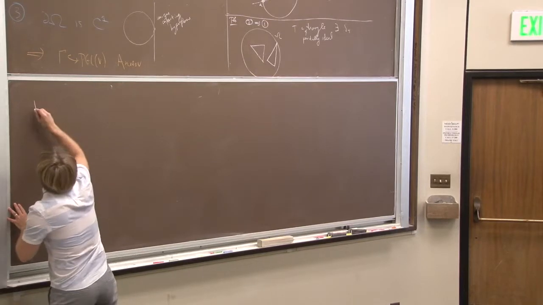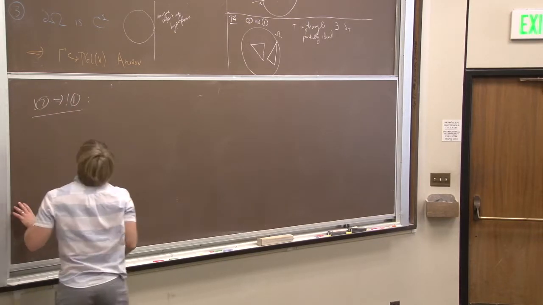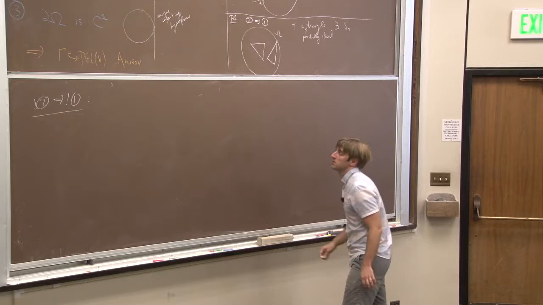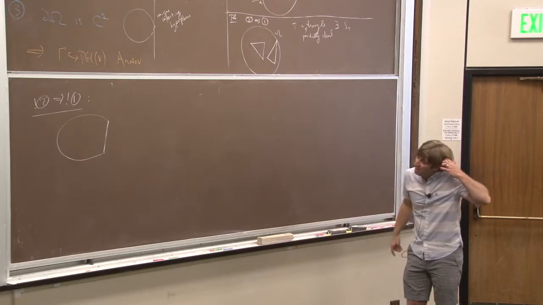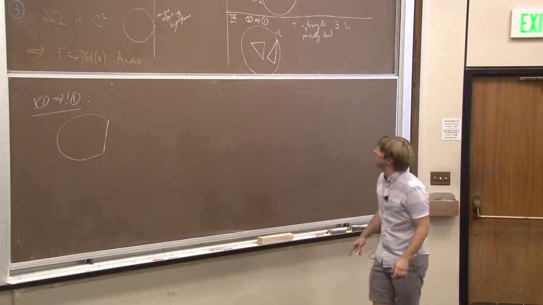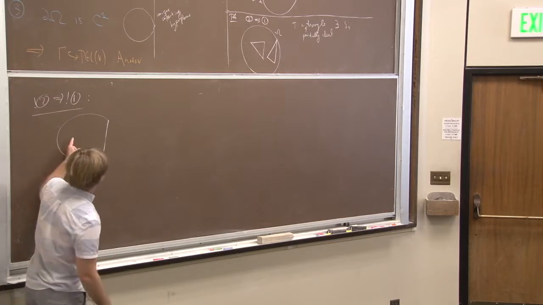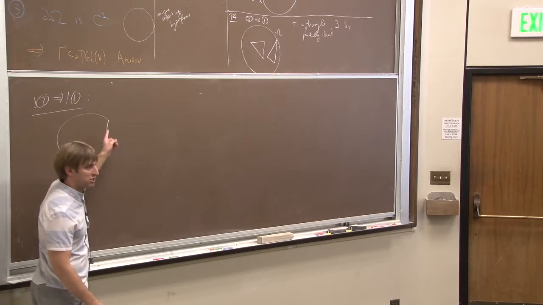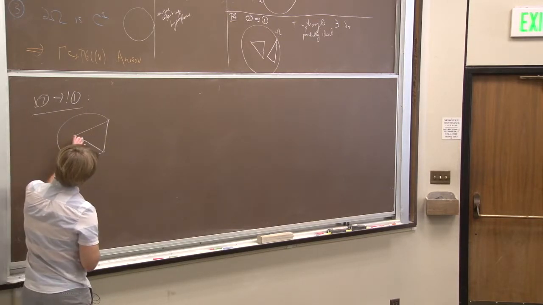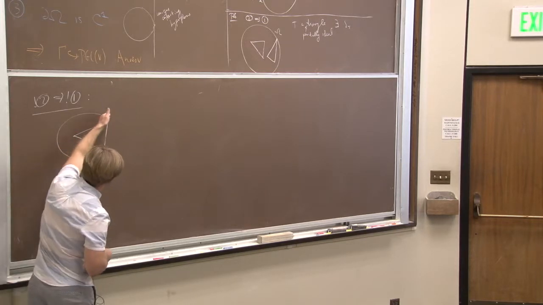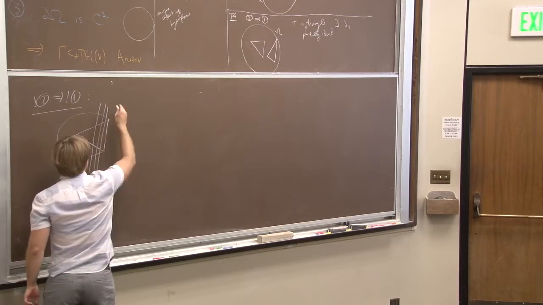Let's prove not 2 implies not 1. If not 2, then the boundary of omega fails to be strictly convex, so there's a segment in the boundary. Now I think you can see what the problem might be. If I try to do the same argument, I take the limit of compact triangles, it might end up being a triangle whose third edge is entirely in the boundary. That really is a deal breaker here. If I look at a triangle whose third edge is this maximal segment in the boundary, you can calculate that if I start taking line segments like this,